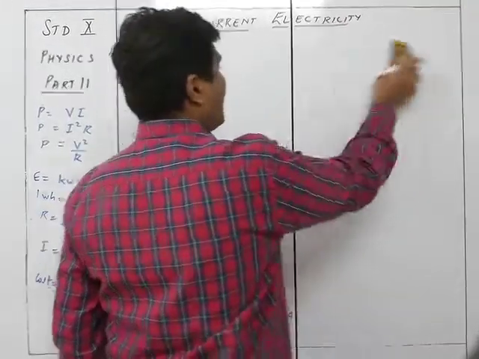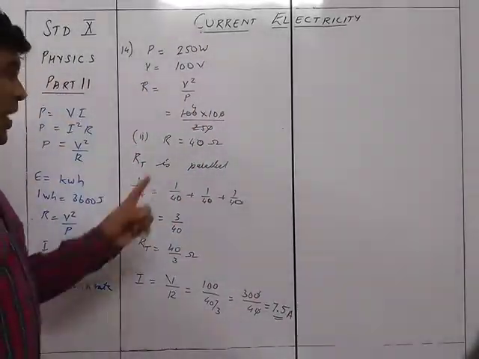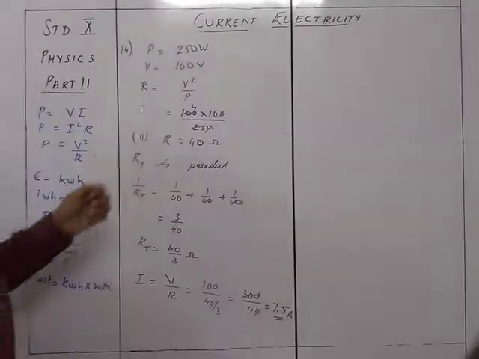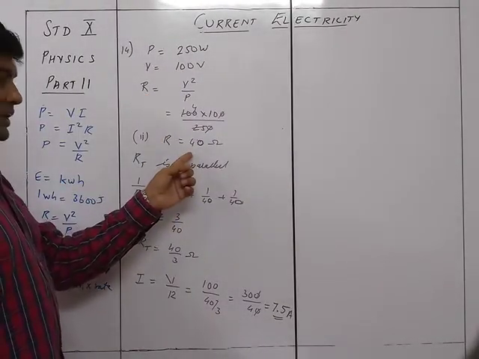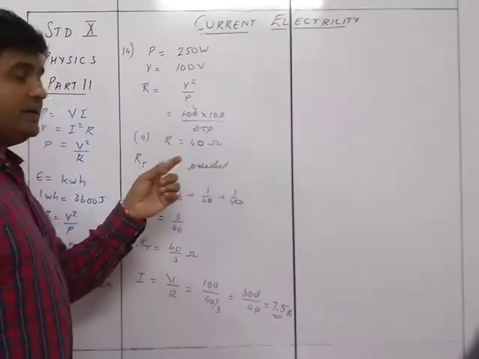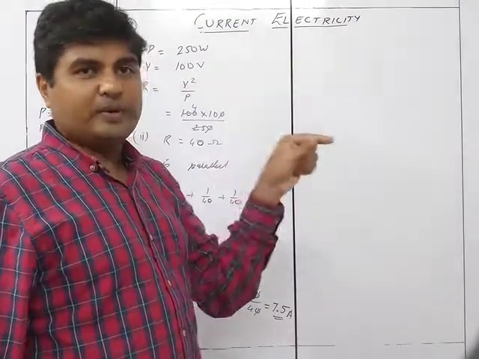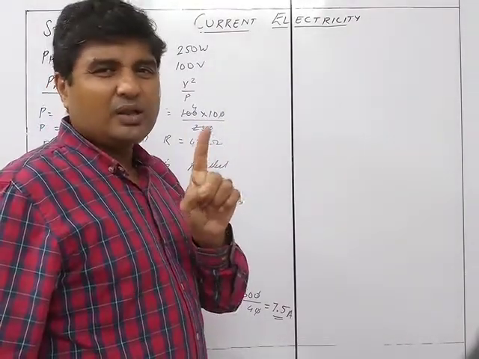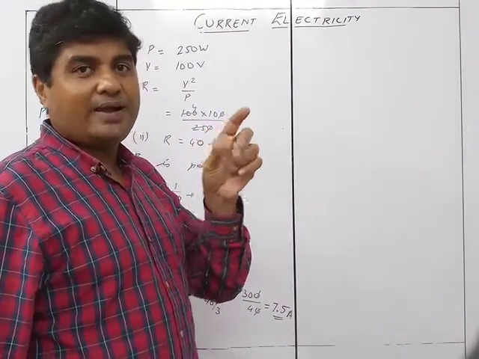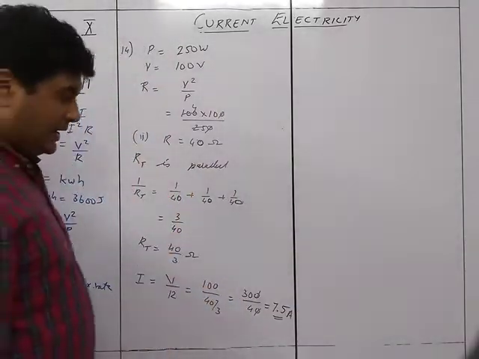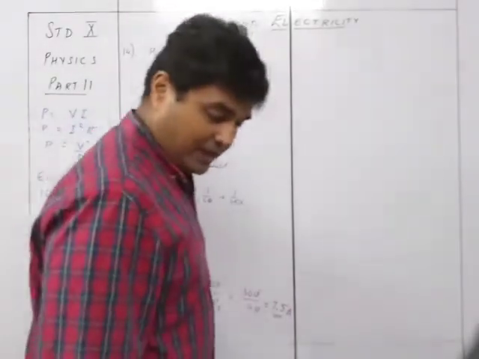You could have also done it this way, that you found out for 1, V upon R, that is 100 upon 40, and we could have found it as 2.5. And then 3 are in parallel, so 2.5 plus 2.5 plus 2.5. But writing that out gets confusing, as to why it is the same on all 3 sides, so you would have to write all that, otherwise we can directly use this way. So that is the current.